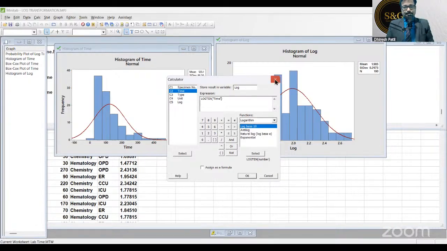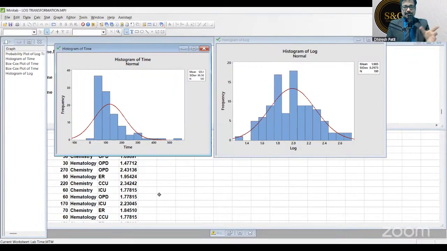You will get this C5 column of log where all the log transformed data is there. Can you try this and let me know whether you get it or not? Done now. Very nice, very nice. See, can you see this is normally distributed now? Earlier it was a little skewed. Now can you see a little bit of symmetry coming up? Just give me yes. So the histogram is telling yes, there is an improvement in this, right?